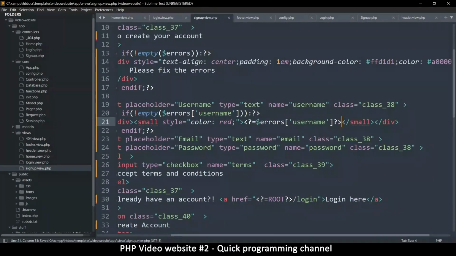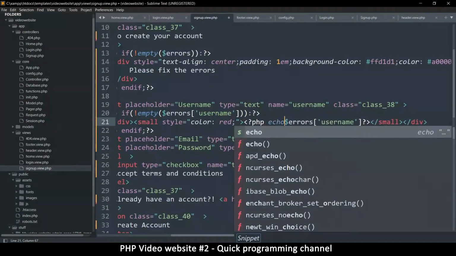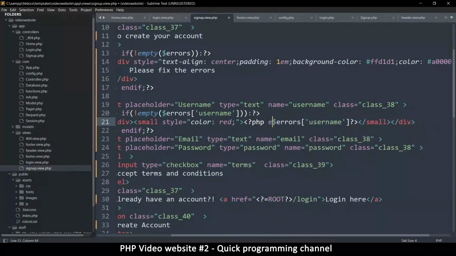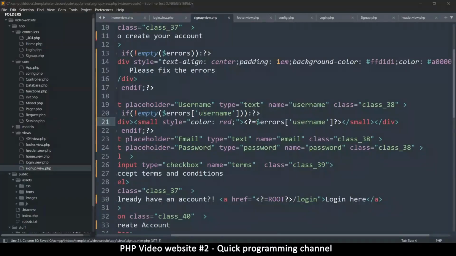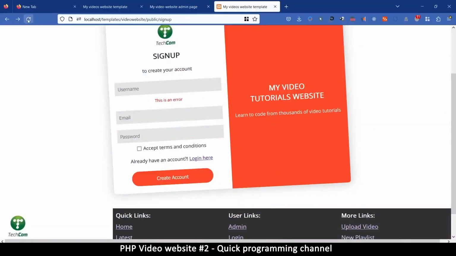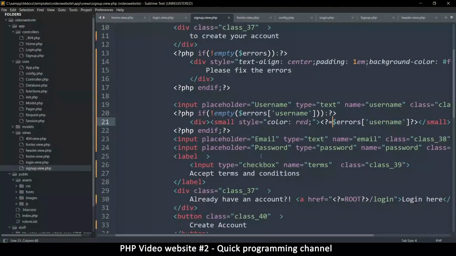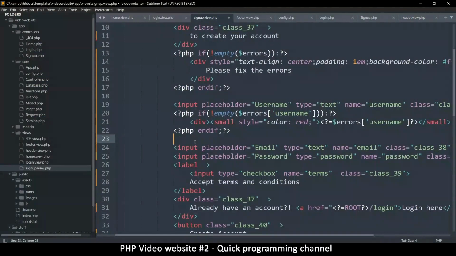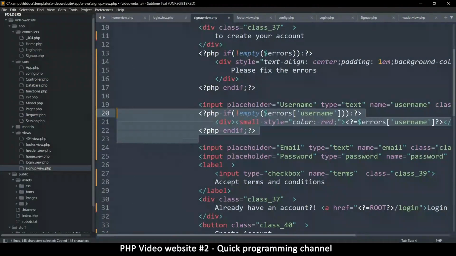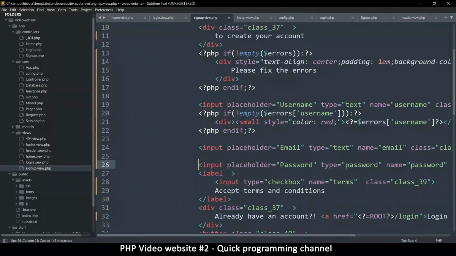Okay, in case you're wondering, this PHP tag with an equal sign is the same as doing PHP echo, but we just make a shortcut by putting the equal sign like that. Okay, so with that, no errors to show. That's great. So the same way we've added this on here, I'm going to duplicate that and add it on